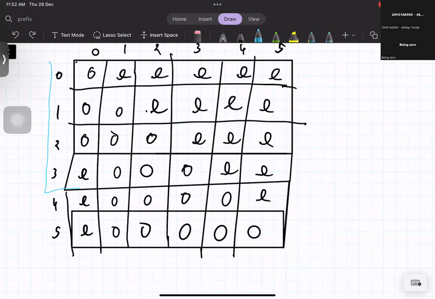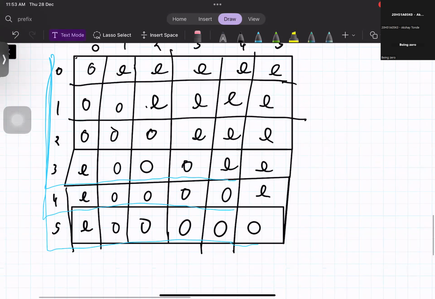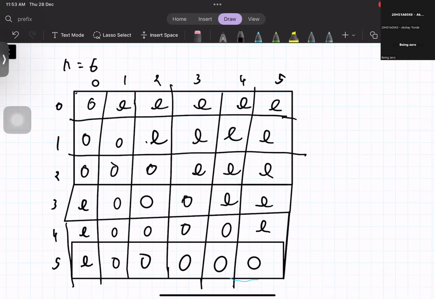this part previously was odd, and now it became even. Similarly, this part was odd, now it became even. And this part was odd, now it became even. So basically, the parity of the last 3 submatrices has changed. Because the parity of the last three submatrices changed, now our aim is to change